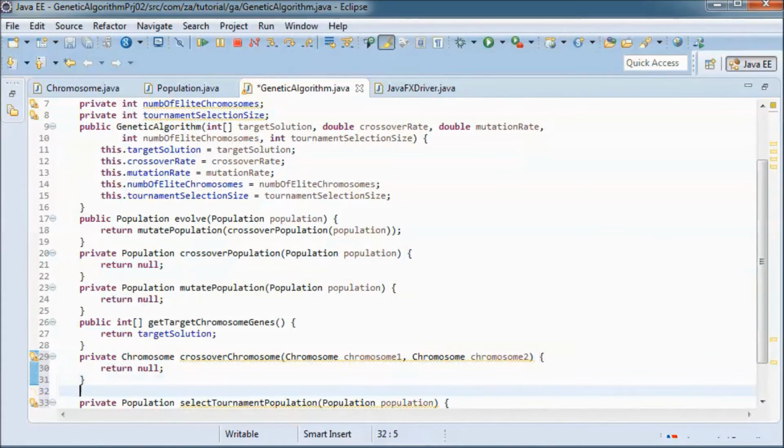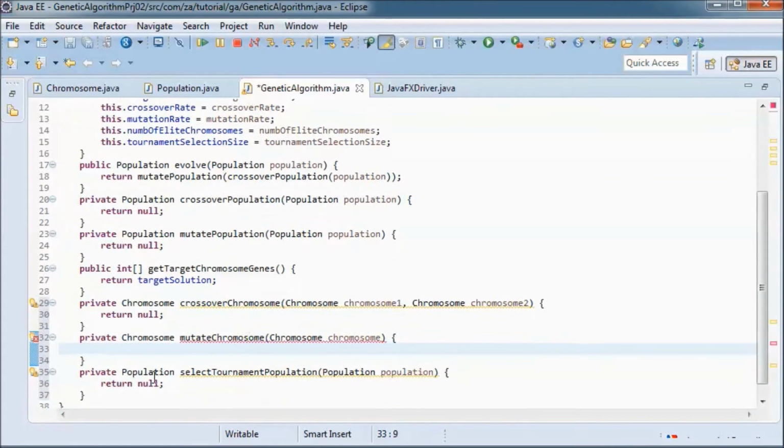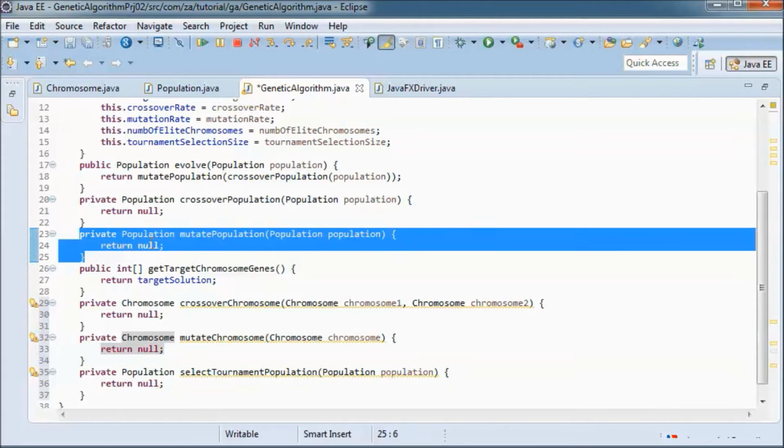And same thing, we'll have this mutate chromosome method that will also be called in a loop from the mutate population method.